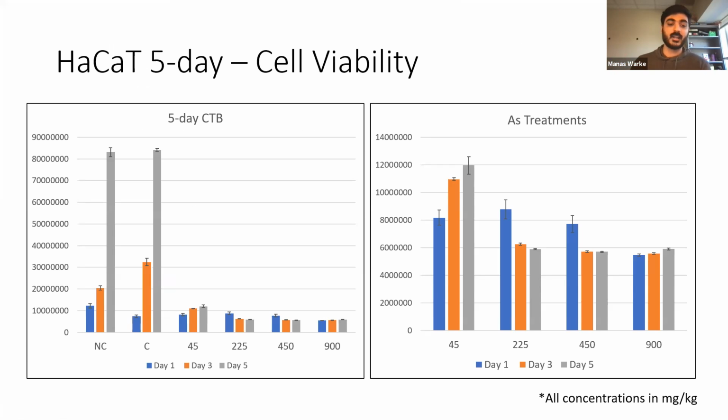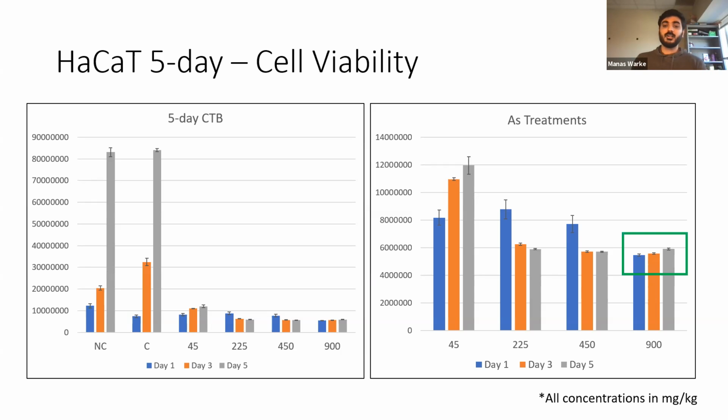So first we looked at the cell viability and the effect of the arsenic due to 5-day exposure. The negative control in this experiment was just pure media without any soil or arsenic. The control was soil but with no arsenic, and the respective concentrations were 45, 225, 450 and 900 milligrams per kilogram. If we look at the second graph on the right,